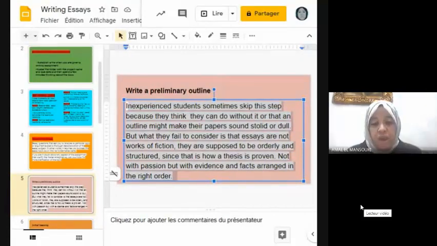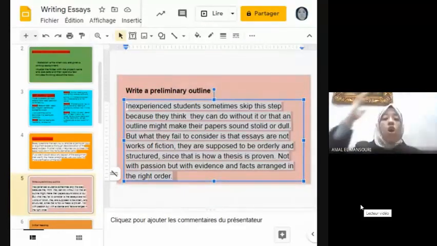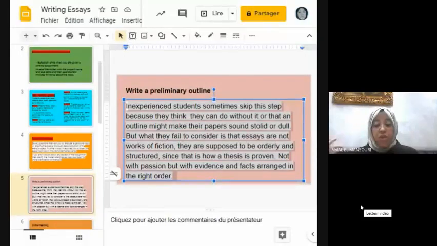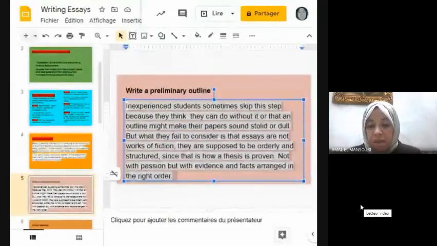Sure enough, you can write an essay without outlining it, but it will be challenging to do. So I think that outlining is an essential part of the writing process, and all authors do it for their work to impress readers. So here is why you need an essay outline. It will help you organize your thoughts.